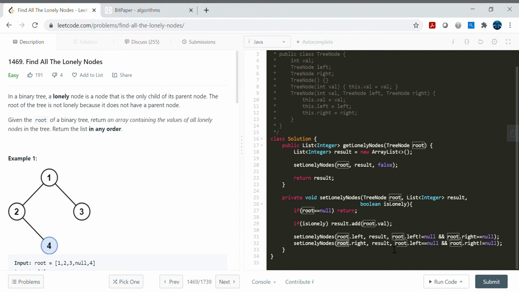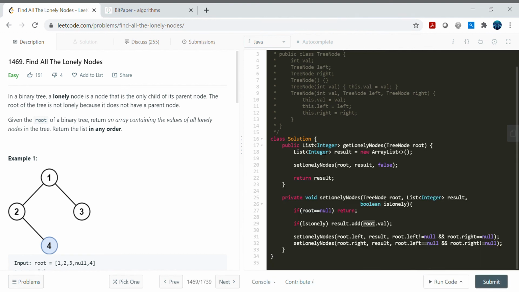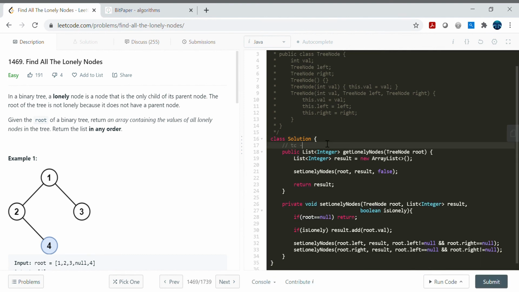Similarly for the root dot right, if its sibling is null, that is the root dot left. If it is null, then basically root dot right should not be null, right? So it should be not null. Then in that case it will be a lonely node. Let's quickly check whether it's compiling or not. So it's getting compiled. Complexity wise, basically the time complexity will be linear, space complexity will also be linear, that